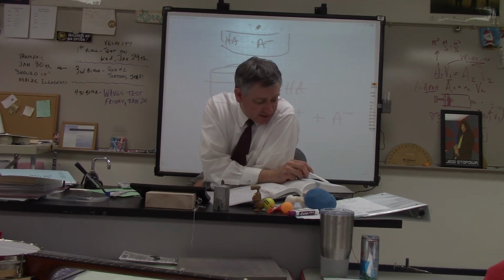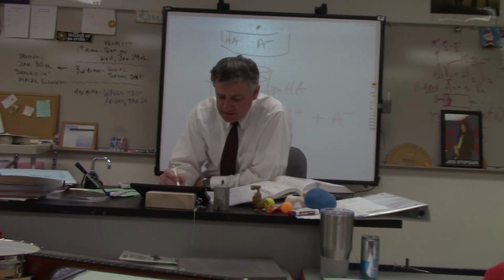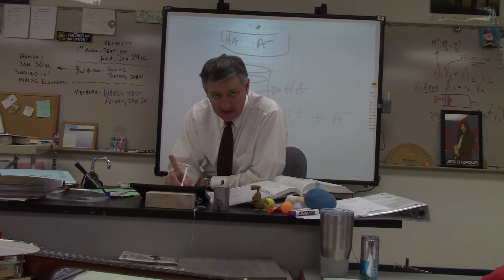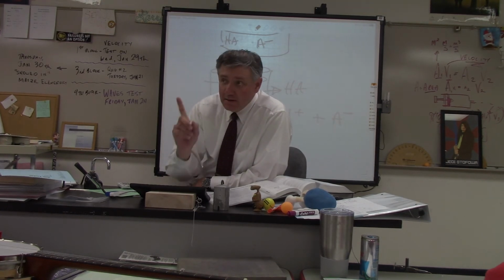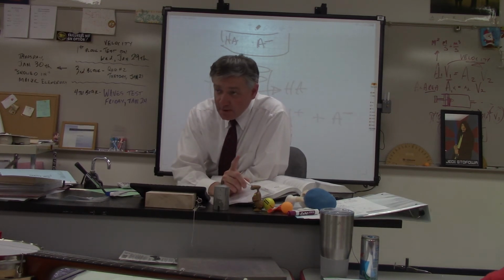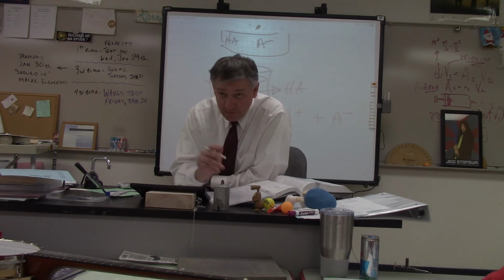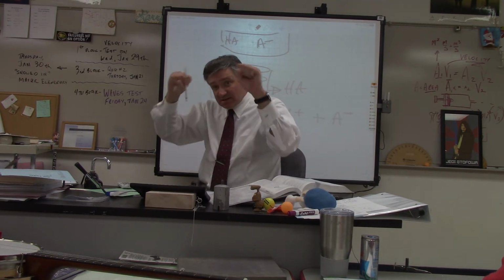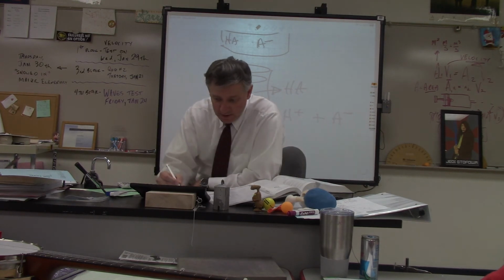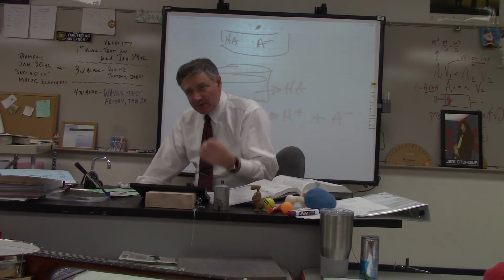So if you take 50 times 0.15, you get like 7.5. So I have 7.5 millimoles of acetic acid. But I actually have to have this as a molarity. So if I take the 7.5 and divide that by the total volume, because in this situation I'm mixing two volumes together, what's the total volume? 100. So I'm going to divide that by 100 milliliters